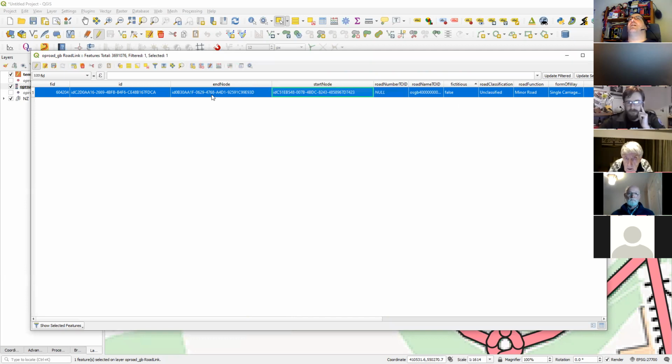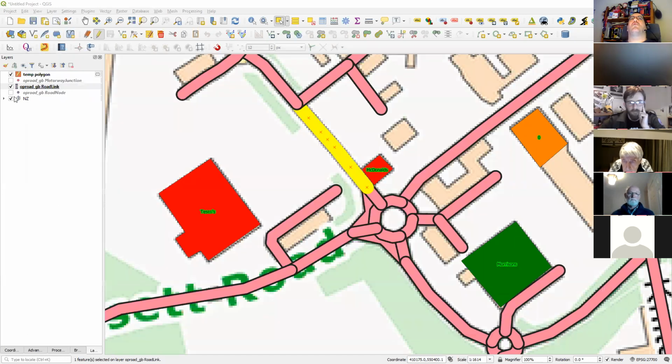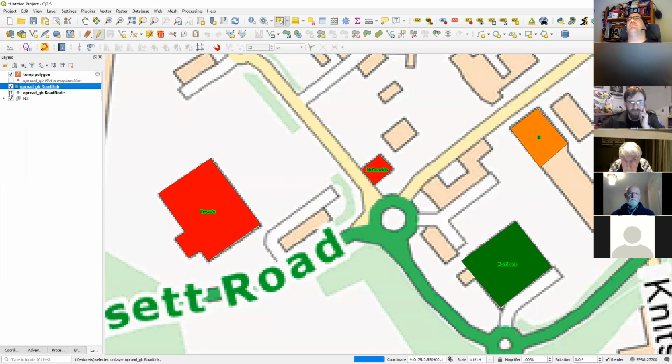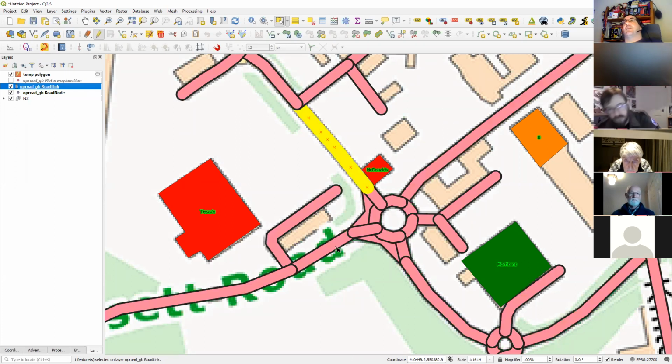And you can see that it has an end node and a start node of these numbers. Now, the more astute amongst you may have noticed that I actually have a layer here called road nodes. And if I turn that on, hopefully it won't take too long to render this. There should be, possibly can't see them because of the thickness of the lines that I've got. So let's put the road underneath that. There we go. You can see that we've got these nodes at the end. And those nodes, if we were to select one of them,